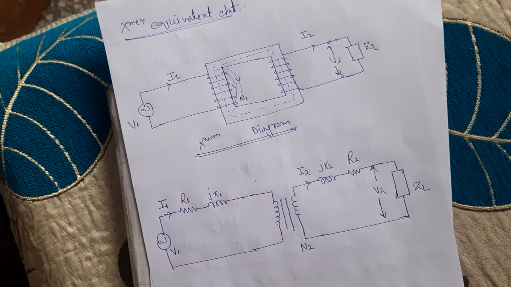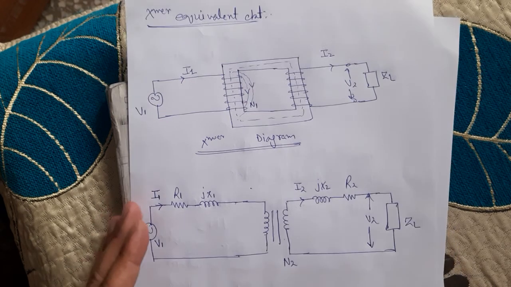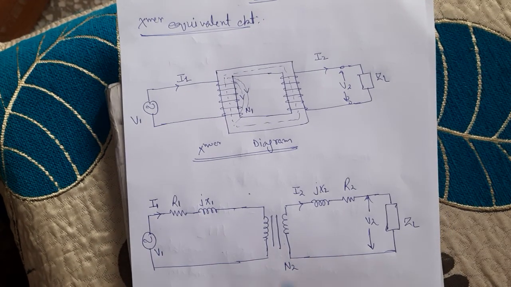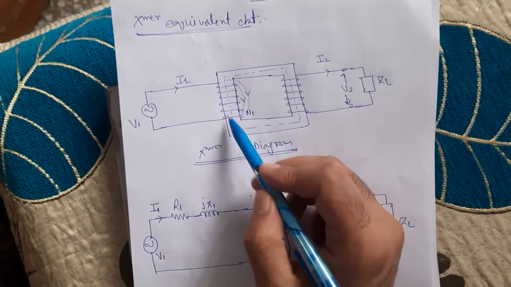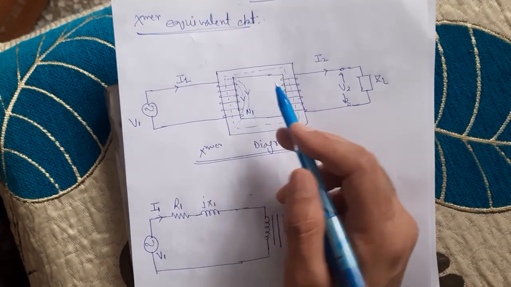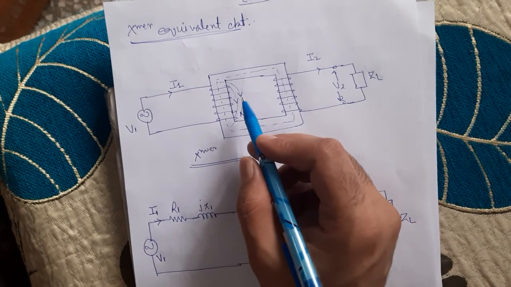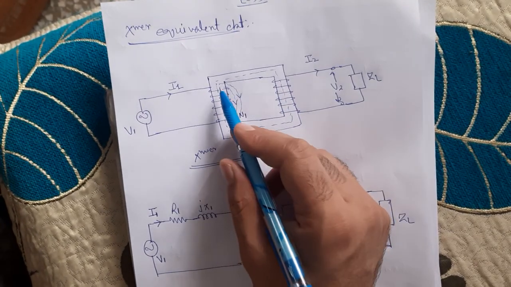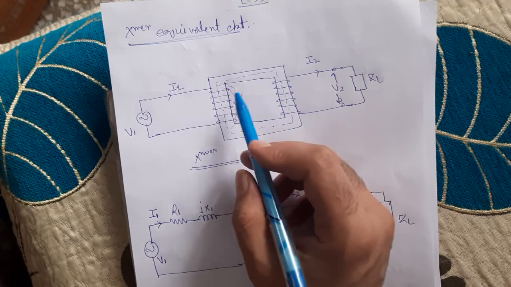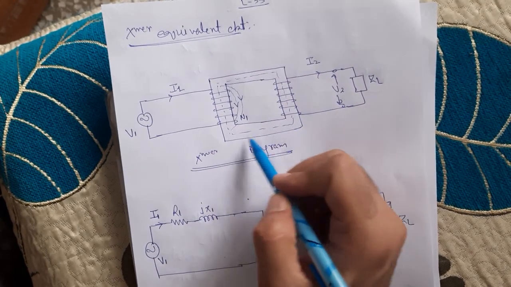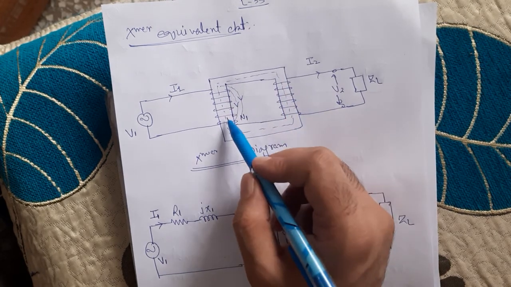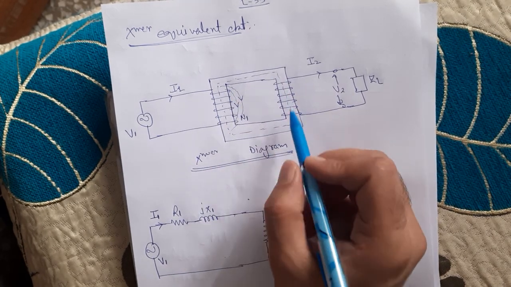Now tell me, we have drawn the circuit, but there is something else in the system which we have not drawn. Like we say that some flux is set up in the magnetizing circuit. So how can you show that flux? And we also say that in the core some losses are taking place which are hysteresis and eddy current losses. So we have two components here. One is the magnetizing component, because we have to show the flux that is generated in the core, and second is the loss component, the core loss component.